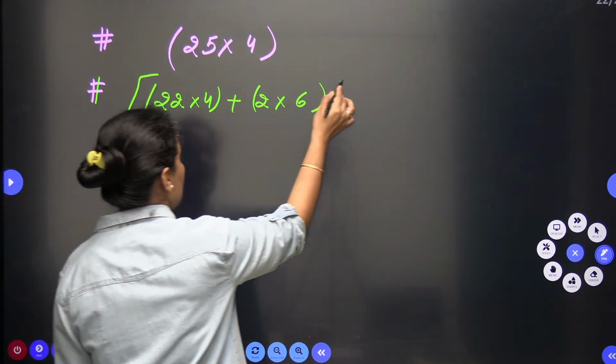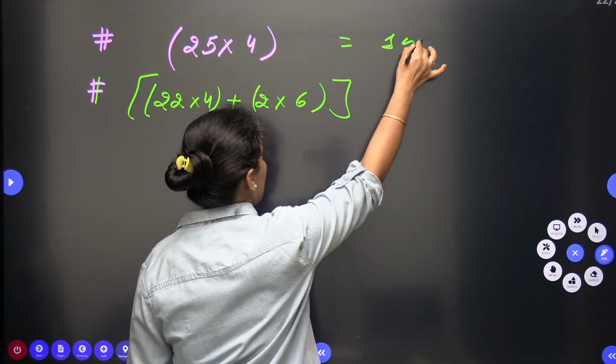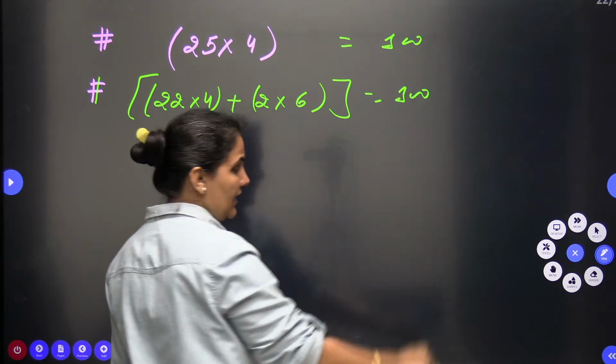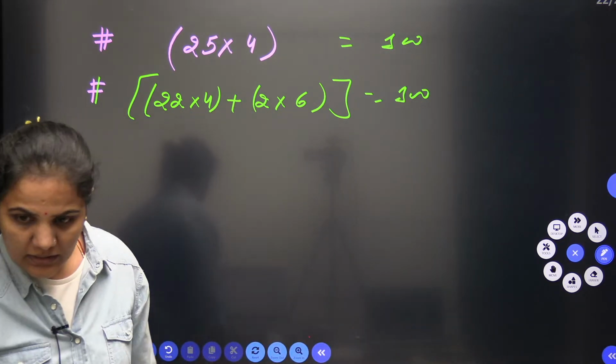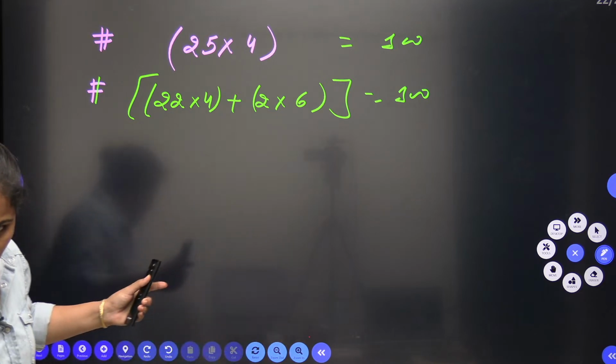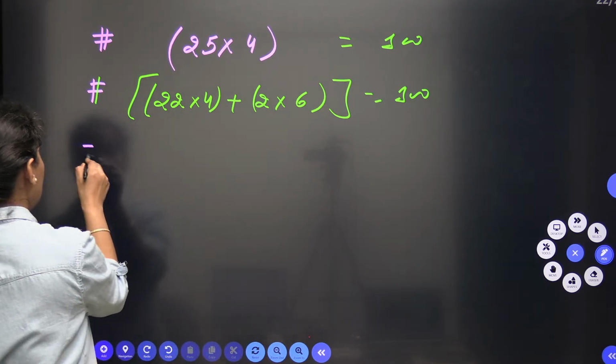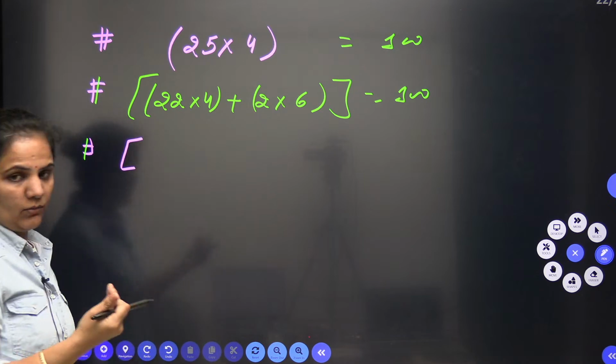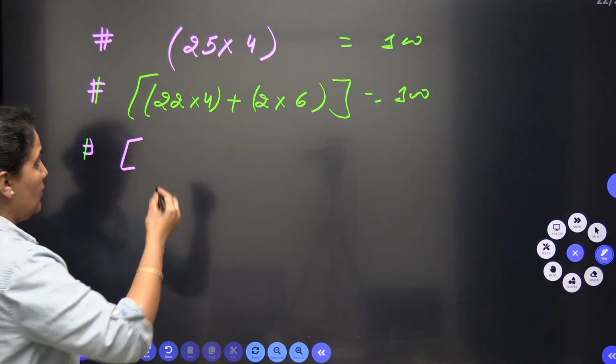22 fours plus 2 sixes, the total is 100 here. Here also the total is 100, right? Okay, so 22 fours or 2 sixes. Or it is possible to go with, if I want to decrease the number of fours, so it will